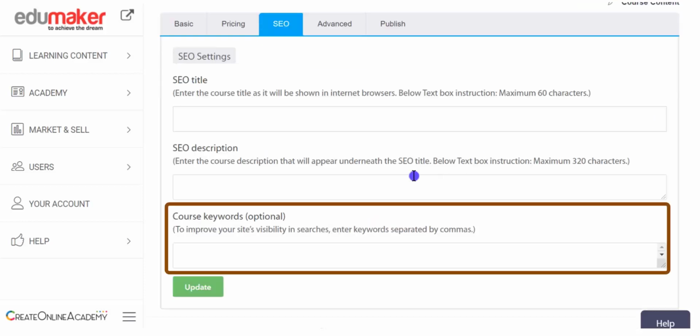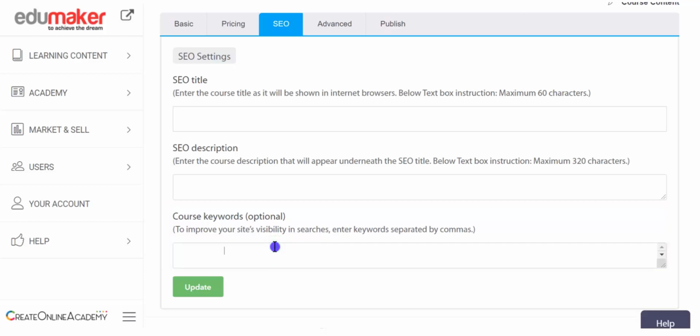Then below that come the course keywords, which require a bit of imagination from your side, as you need to think and write all those keywords which you believe someone would search with, like each chapter and lecture name and synonyms of them could be keywords, or whatever you may think which is related to your course. All keywords have to be separated by commas. You may have to tweak the keywords, description and even title from time to time to tune the relevant traffic coming to your course page. As a good practice, please press update after you finish making the changes.